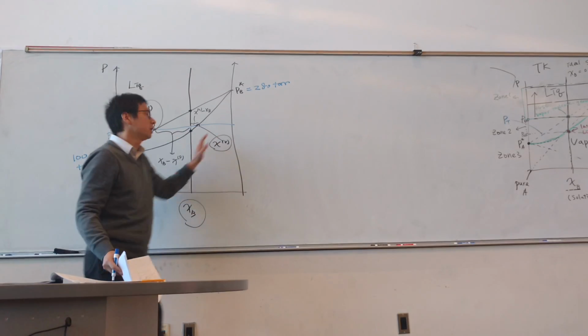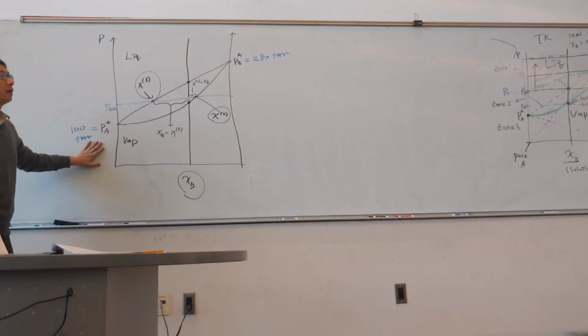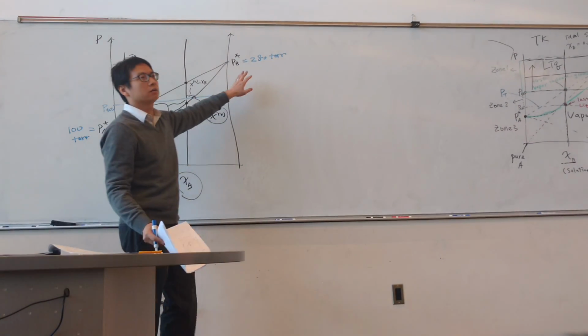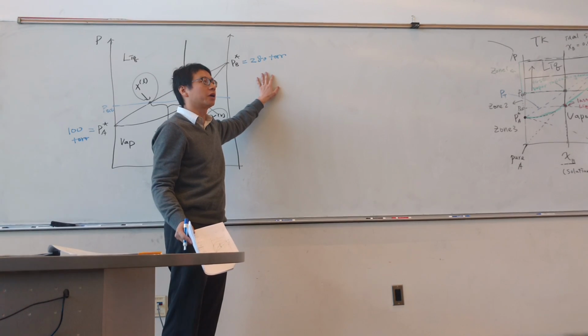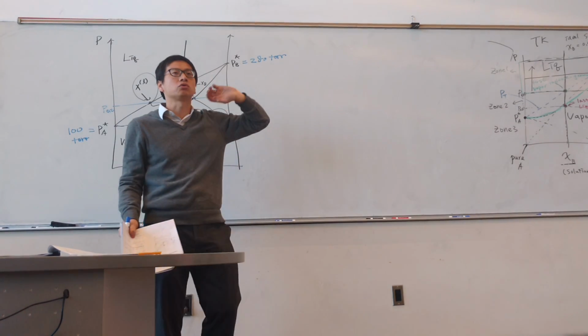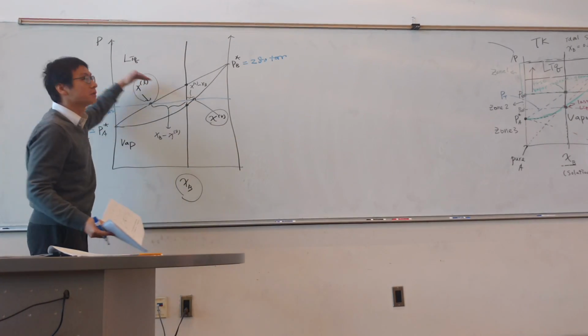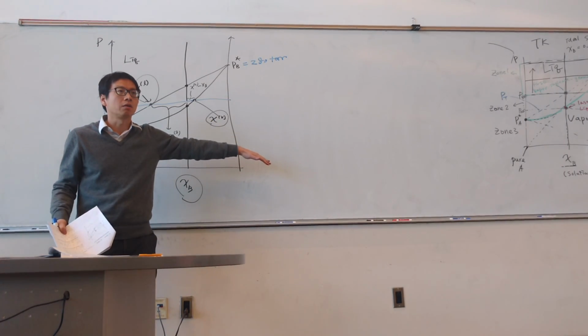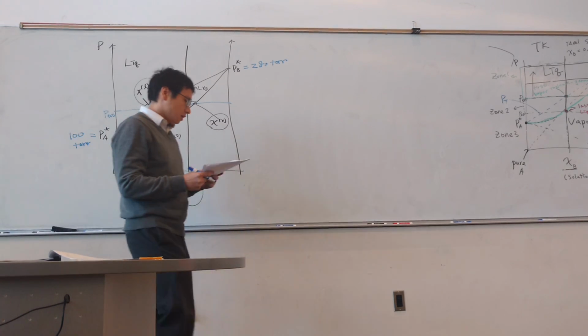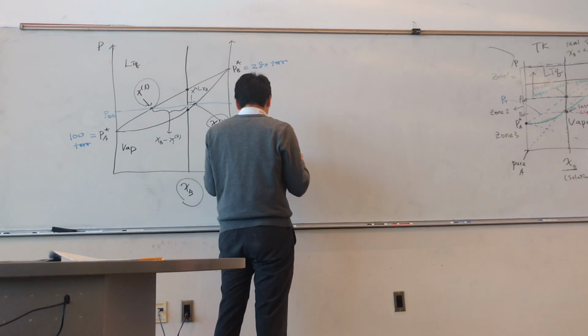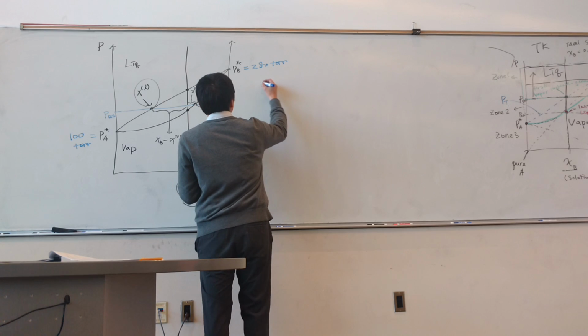Higher vapor pressure than your pure PA, which means your B is more volatile. If today I give you a number, PA equals 300, PB equals 100. Don't draw this, you should draw in the opposite direction. Alright, so once you have this, and you have a